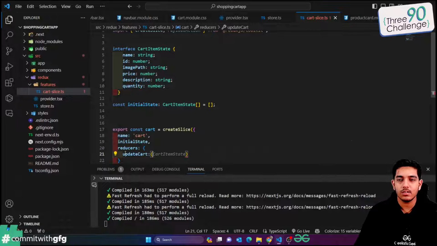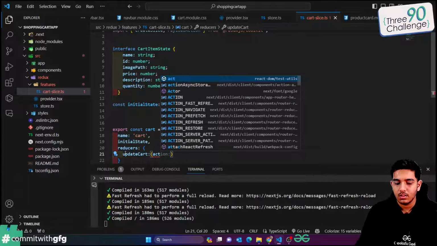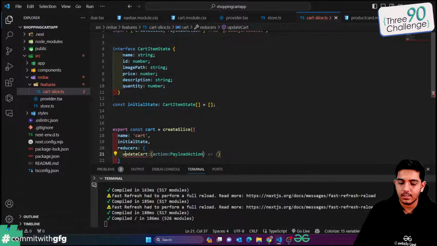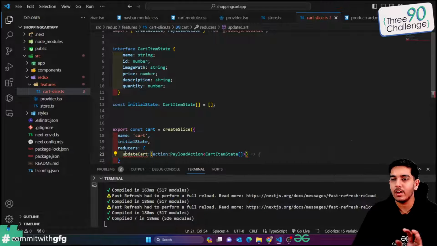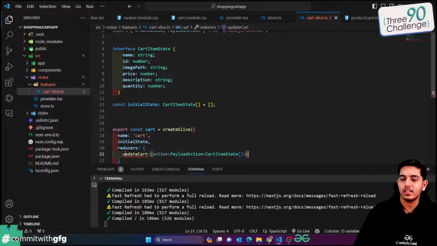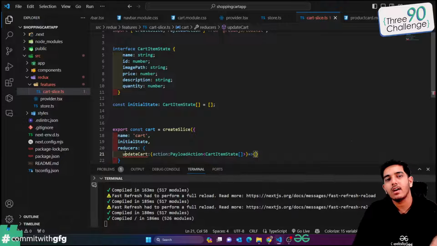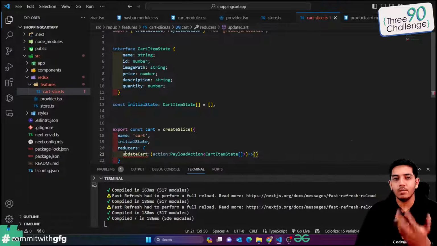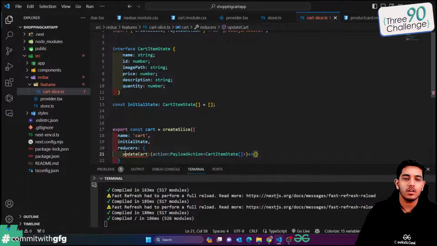Inside this you're just gonna say action, action.payload, and a new array would come here. I'm gonna replace the whole cart data with this new array. That's it. I'm creating a very simple function here. If there are 7 items in the cart previously, I'm gonna erase all those 7 items, and again add the new items. I'm gonna add 8 items this time. What I mean is I would erase the old data and re-add the complete updated data. I'll erase the cart first and then re-add the complete cart data with new updates. So inside this I'm gonna return